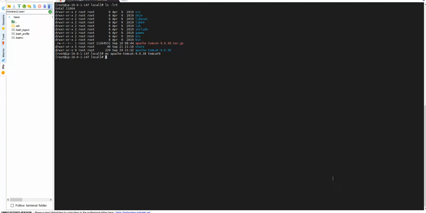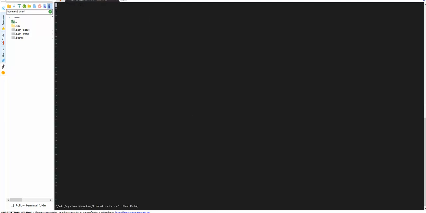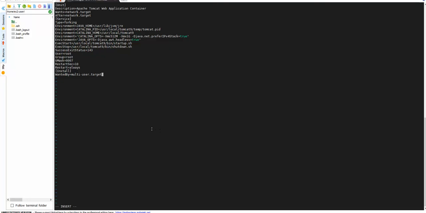So for that, what we need to do is create a Linux service for the Tomcat. So let's go ahead, vi tomcat.service, and this is what we are going to paste inside. All right, then escape, and that is my environment JAVA_HOME /usr/lib/jvm/jre. That's where my JRE is.